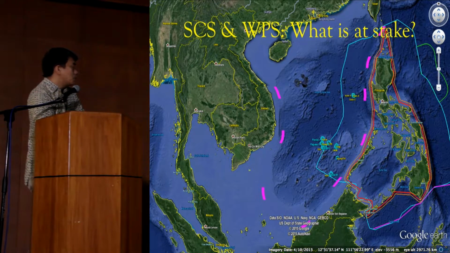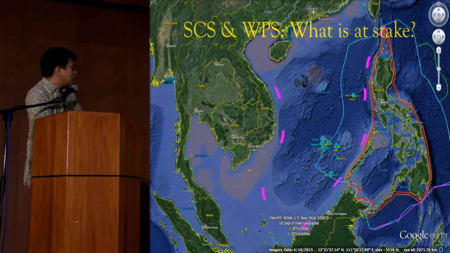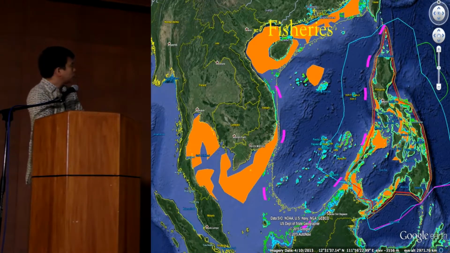But when you look at it, that is not really what's valuable. Okay? What's valuable is what is encompassed within those lines. And that is the resources of the sea, the South China Sea. Next slide, please. If we talk about fisheries, and this probably can bring things into perspective, this is based on